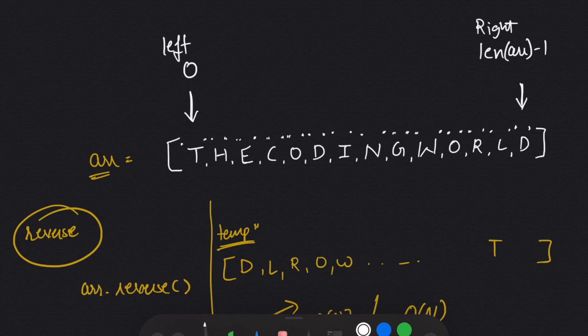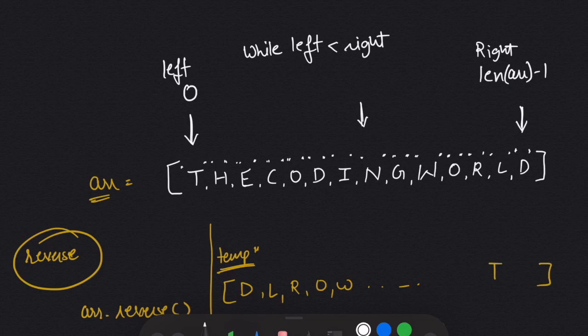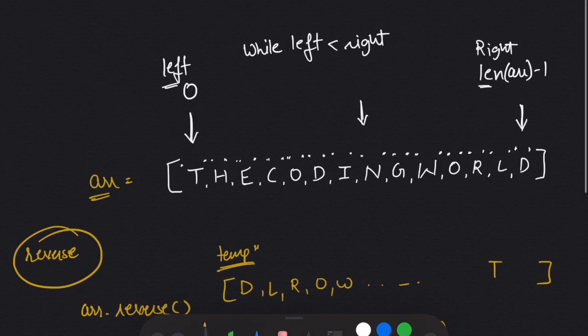Now we will take a while loop. While left is less than right, that means till the midpoint. So how will it work? I will take the value at the left pointer and the value at the right pointer, and I will swap both of them.